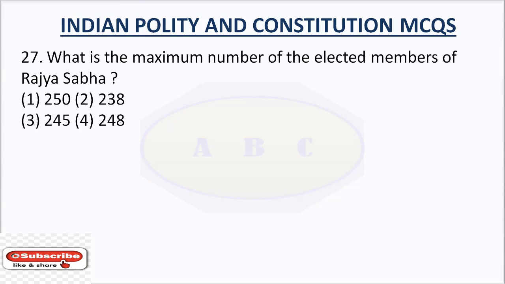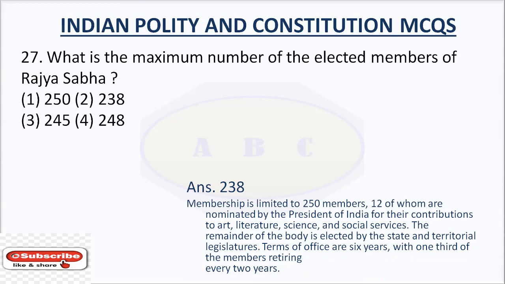Question number 27. What is the maximum number of the elected members of Rajya Sabha? Option number 1, 250. Option number 2, 238. Option number 3, 245. Option number 4, 248. Right answer is 238. Membership is limited to